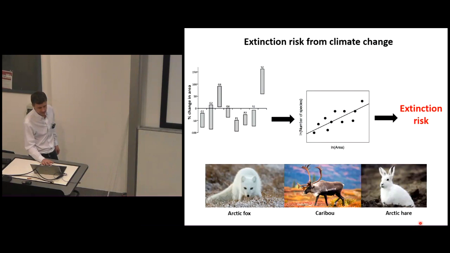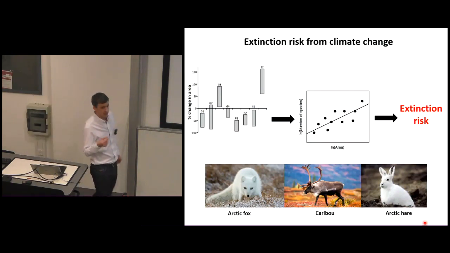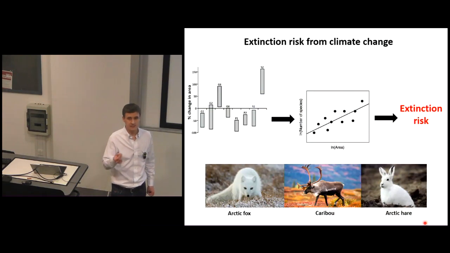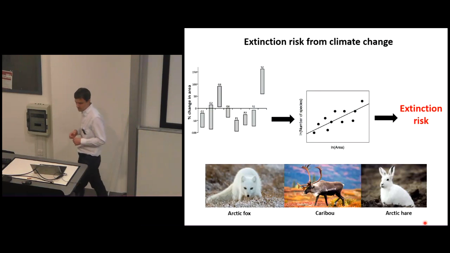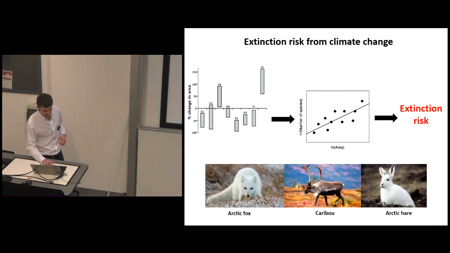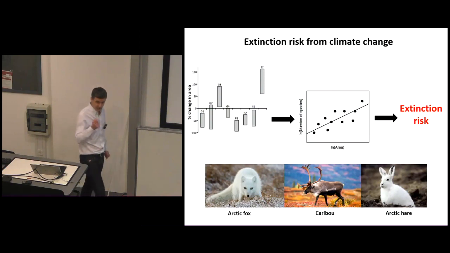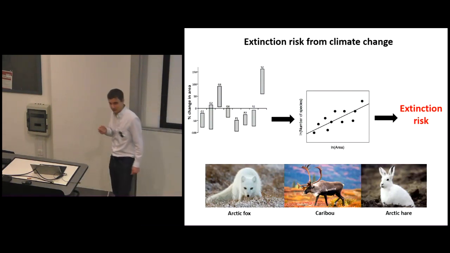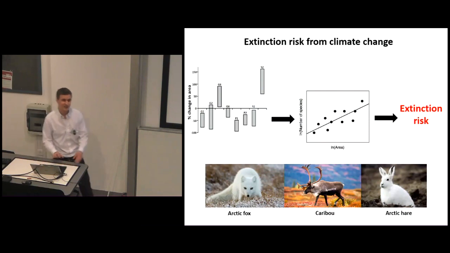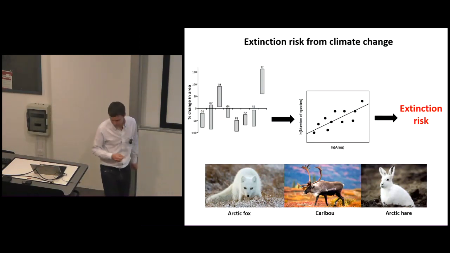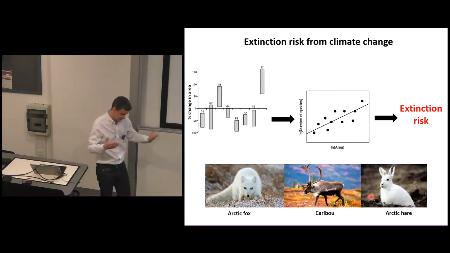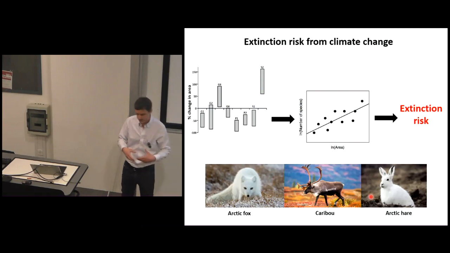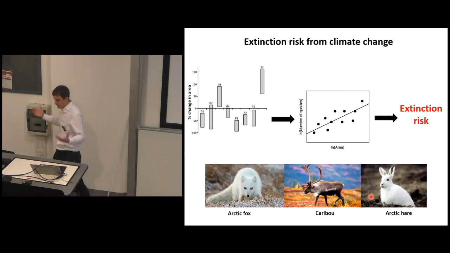Now, in a system like the Arctic, these shrubs and grasses are the primary producers in these environments. They underpin really quite diverse and unique ecosystems. I've mentioned here Arctic foxes, caribou. I've got in a fuzzy rabbit as well, for those of you who think that us ecologists are mostly interested in the fate of fuzzy rabbits and the like. But the bottom line is that we're expecting extinction risk, as these changes in different vegetation classes that underpin these ecosystems could have knock-on impacts up through the system.